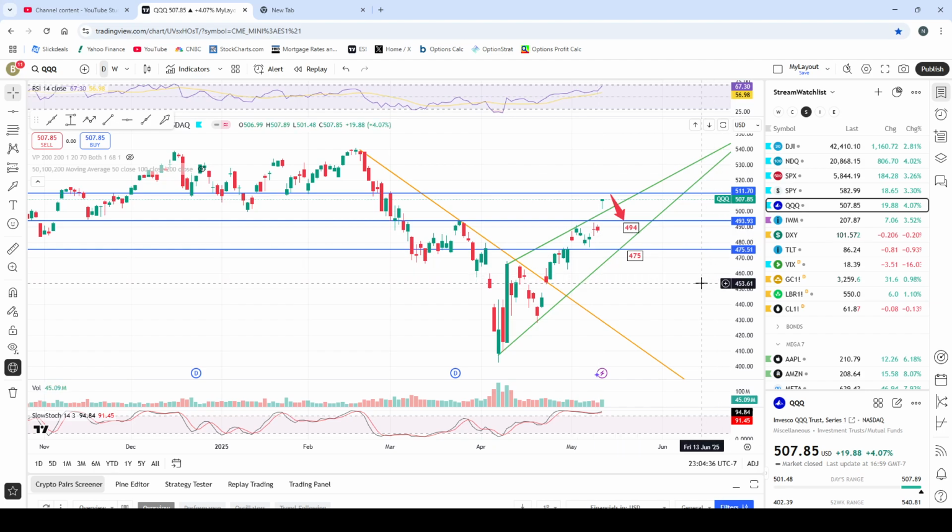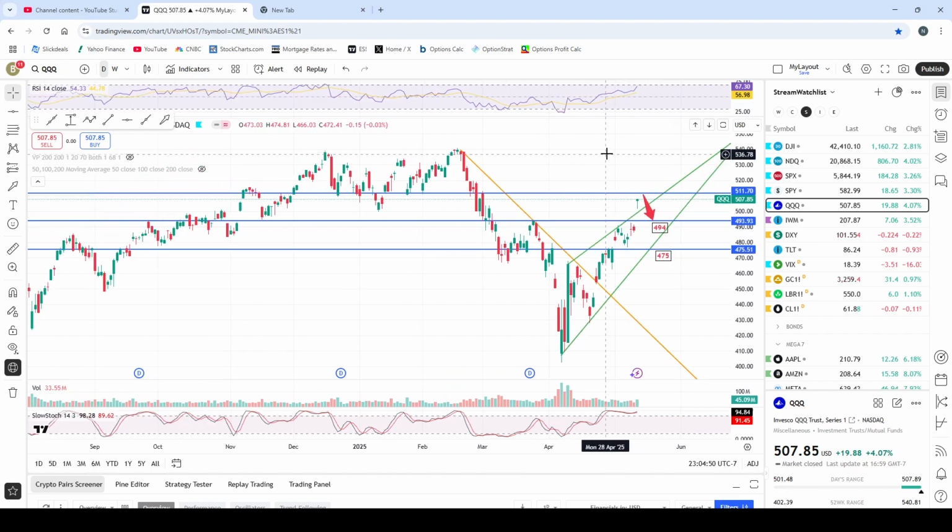But this is a probability game, so it doesn't mean what I predict is correct, because if something else comes out with better news, it will come back and try to make a new high above 540. You just never know. But that is harder because of the overbought condition,